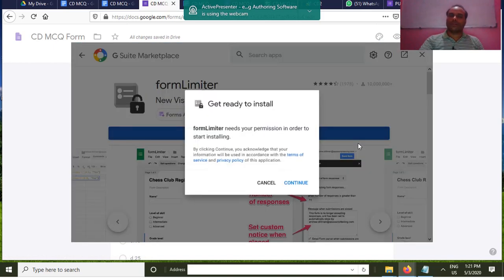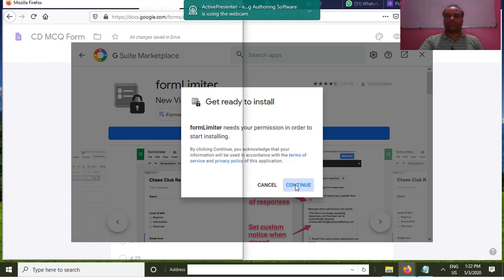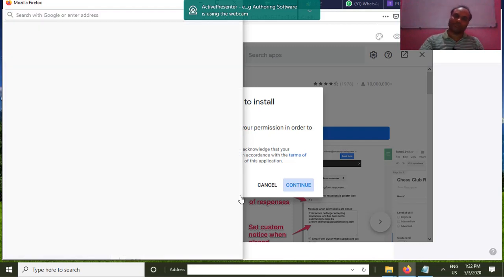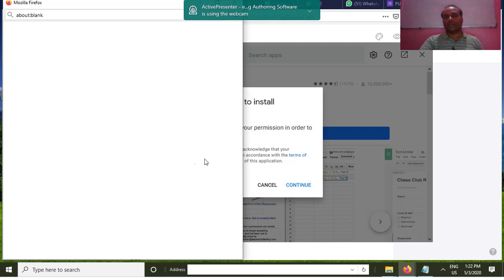Form Limiter, you are installing. It will ask for one user ID: which user ID are you going to install this Form Limiter with? You have to select that one. Yeah, it is opening the user ID.